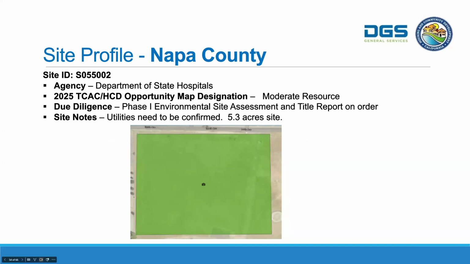The site in Napa County, 5.3 acres, is owned by the Napa State Hospitals, which typically provide their own utility network. So that would be something to look into if you're interested in this one, to confirm whether utilities are nearby or if they may be too costly to bring to the site. So I just encourage anybody looking at proposing on this one to consider utility connections. Next site